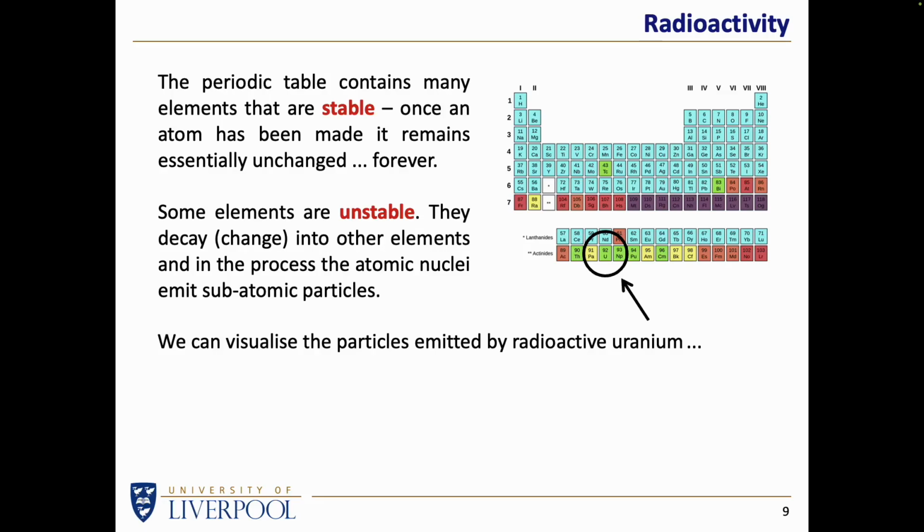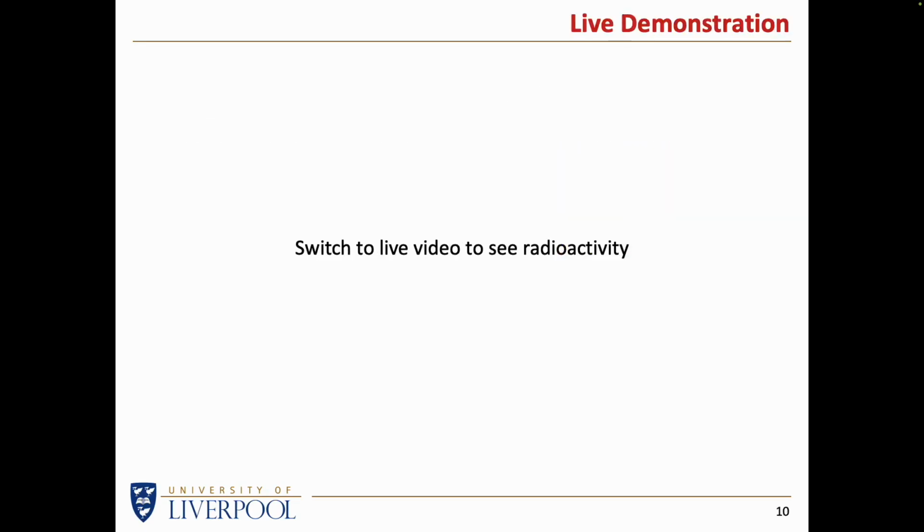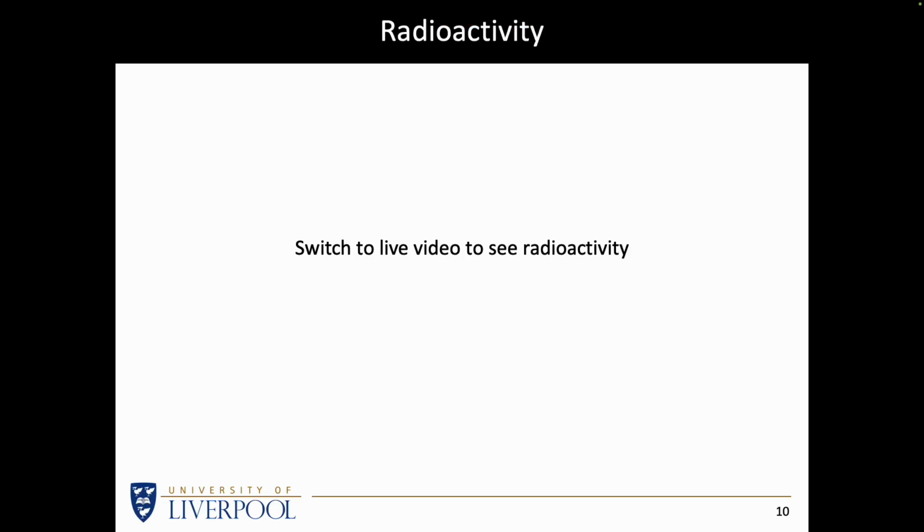We're going to take one particular example of all the possible radioactive elements that are in the periodic table. I've just chosen one, and I've chosen uranium. Now, when it comes to looking at uranium, we have a number of different choices. What I'm going to do is to switch from the